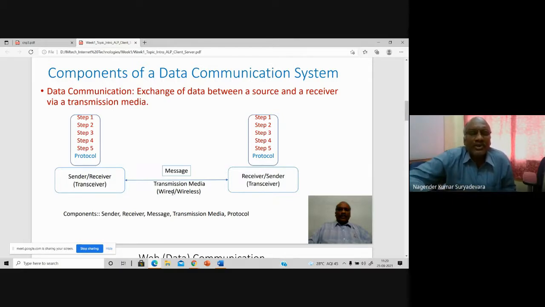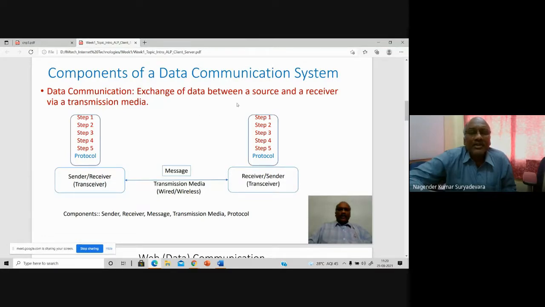Of course, in the olden days, and to some extent in some applications or systems, a wired connection is also required. There will be a wired connection between those devices, a wired cable, or different types of cables. Of course, different technologies are there. So basically, these are the different terms that everybody should understand.